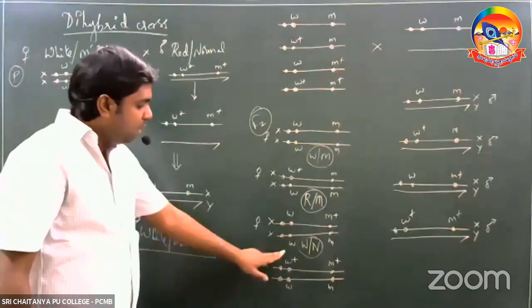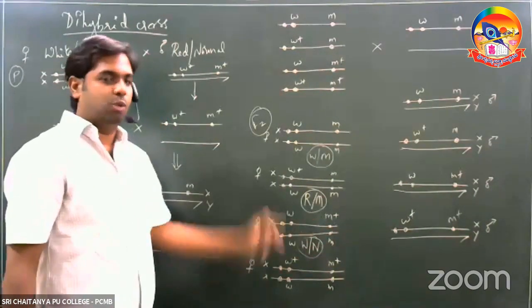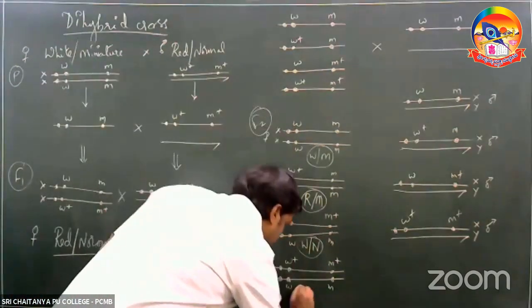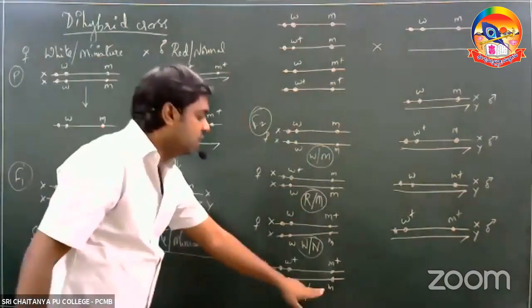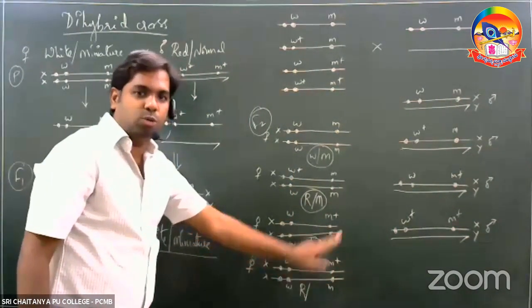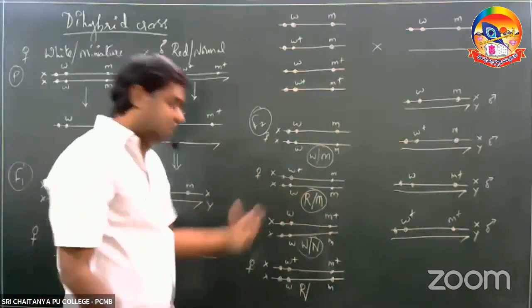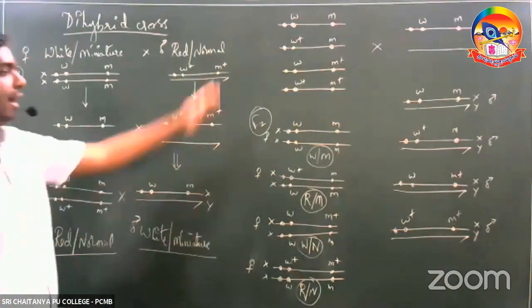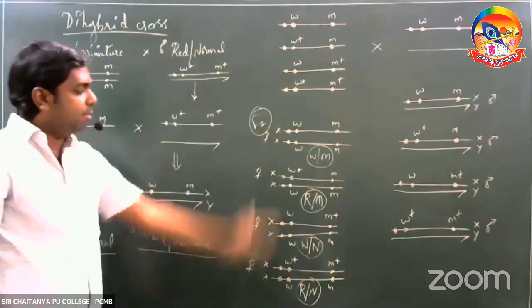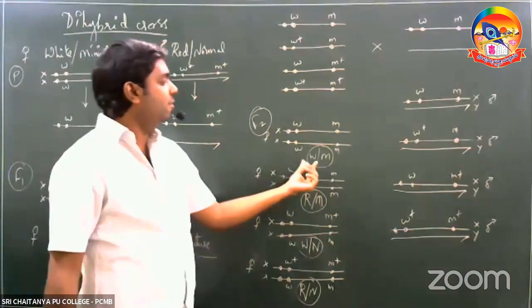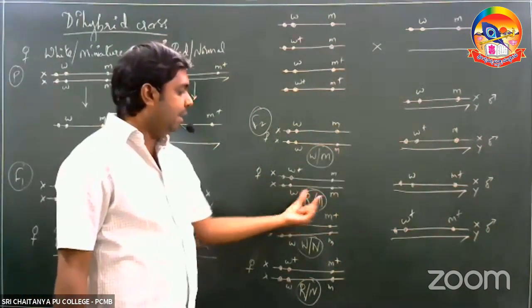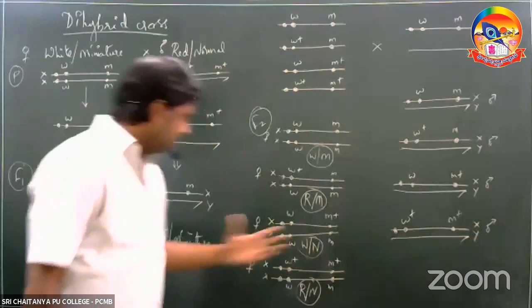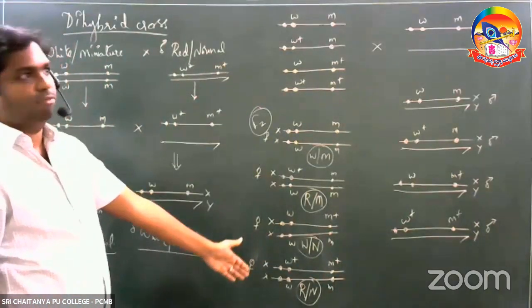The last condition, heterozygous for both the characters. With regards to eye color, it is heterozygote condition. Therefore, the eye color here would be red, and heterozygote for wing size. Since it is heterozygote for wing size, the wing size here would be normal wings. So these are the phenotypes obtained in the F2 generation. Among all the females, a few of them have white-eyed miniature wings, red-eyed miniature wings, white-eyed normal wings, as well as red-eyed normal wings. These are the phenotypes in case of female individuals.